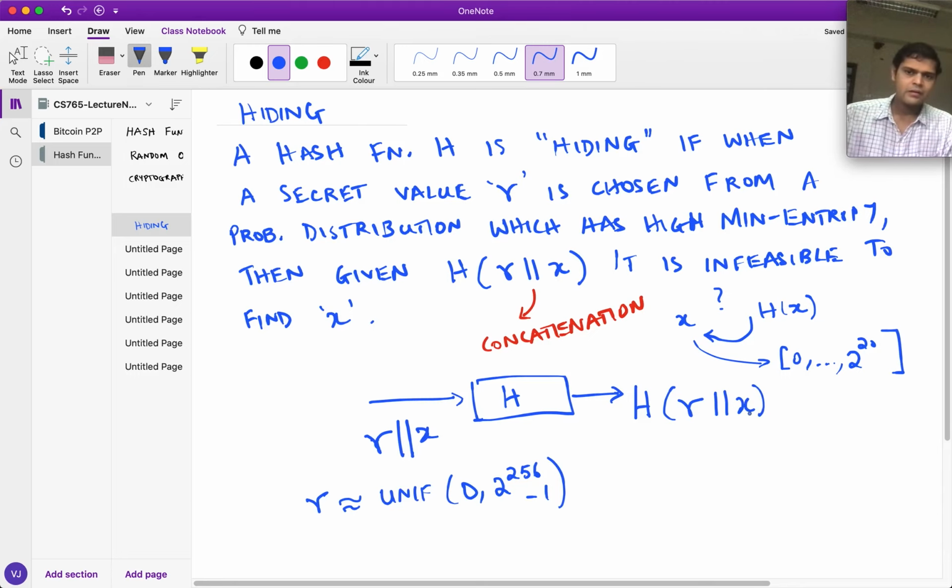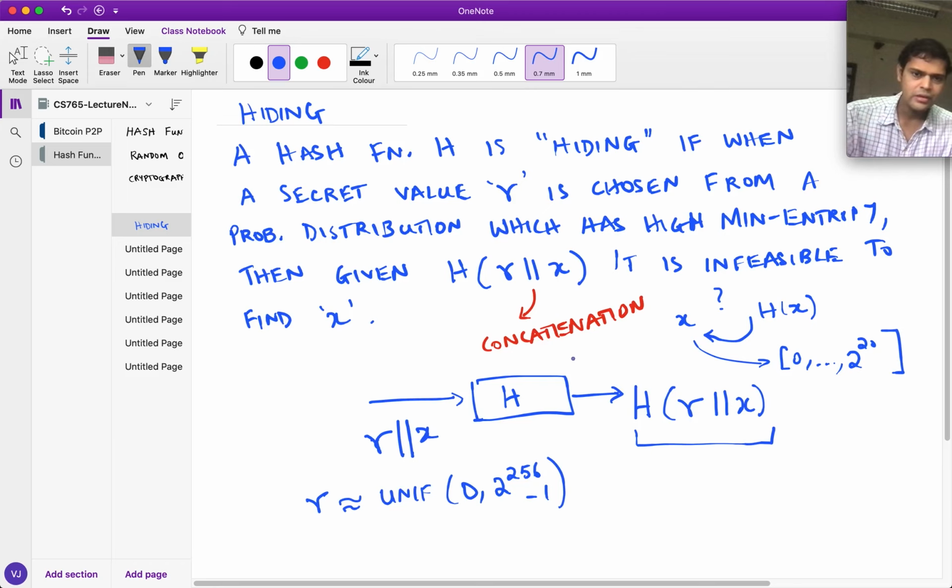Now this value is sort of a unique ID for my input in some sense, because it's theoretically impossible to get collisions, right? We said for anybody given all the computation in the world. So suppose I say that this is my bid. Okay, this is a hash of my bid. Now can somebody guess x? That's what we are asking. Can somebody guess x given this?